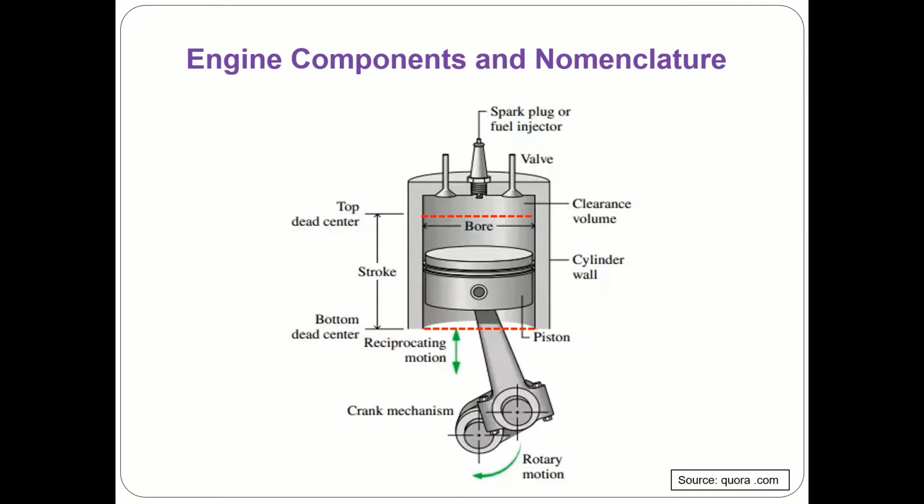There is another term which is used in context of the reciprocating engine, which is the compression ratio. Compression ratio is the ratio of total volume, that is the volume before compression. Compression starts when the piston is at bottom dead center. So the volume above the piston is the swept volume plus the clearance volume, which is the total volume. At the end of the compression stroke, the piston reaches top dead center, so the volume above the piston is the clearance volume. So volume before compression divided by volume after compression gives us the compression ratio.